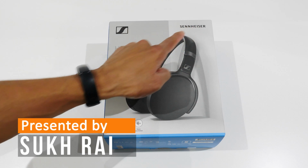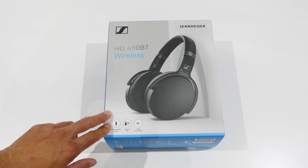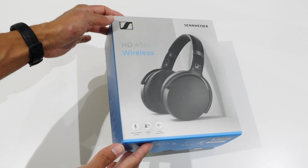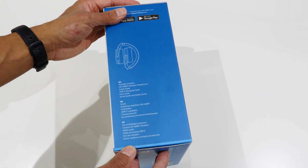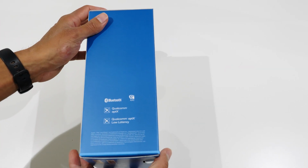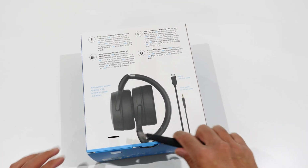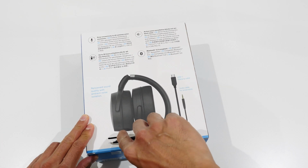Hey, welcome everyone to an unboxing of the Sennheiser HD450BT wireless headphones. So at the front of the box, you got some features like voice assistant capability and other fun stuff. On the side of the box, it goes through what contents are coming out of it. We're gonna go through anyway. And on the other side of the box, it mentions that it has aptX capability, which is great to see